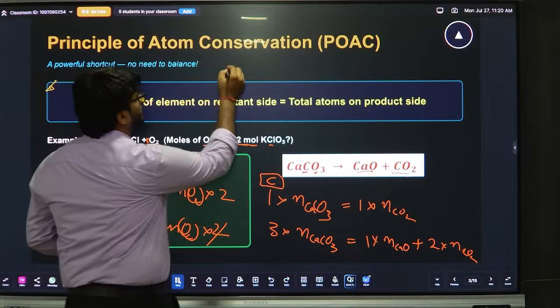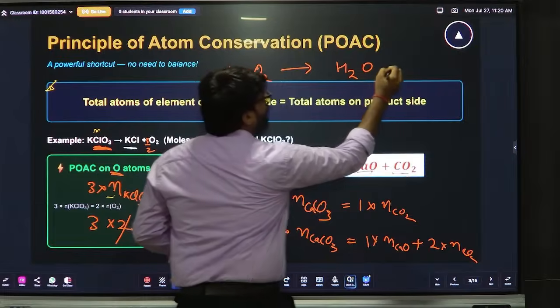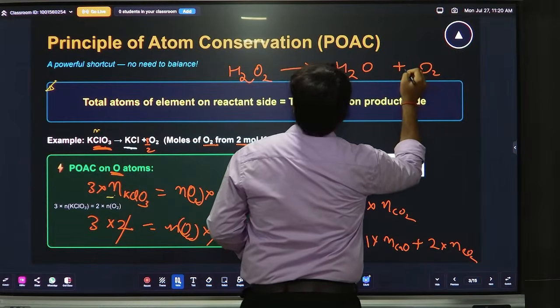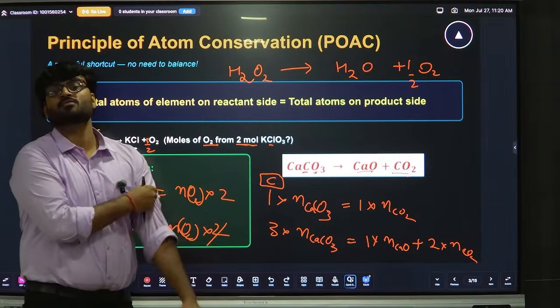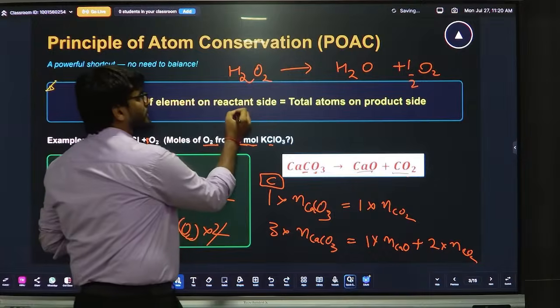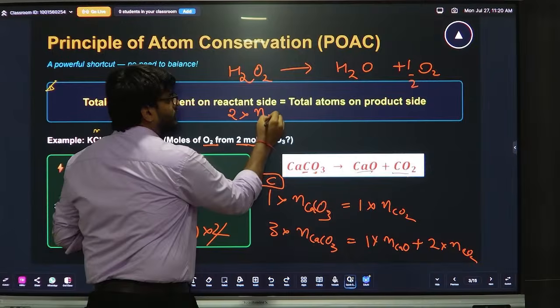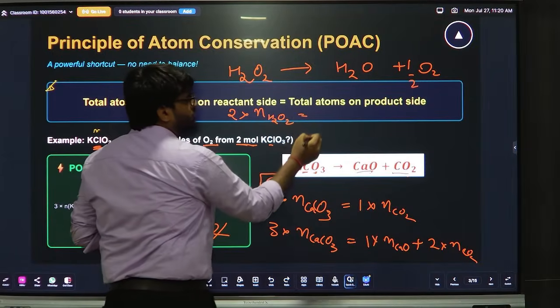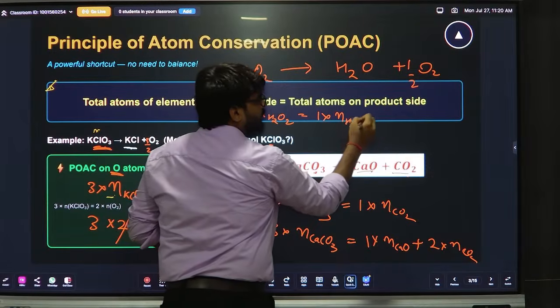Okay, let's write this. H2O2 giving me H2O plus oxygen. It's not balanced. Now it's balanced. Now I have to balance oxygen atoms. So can you help me? So what should I write? Tell me. 2 into number of mole of H2O2, very good, is equal to 1 into number of mole of H2O, very good, plus